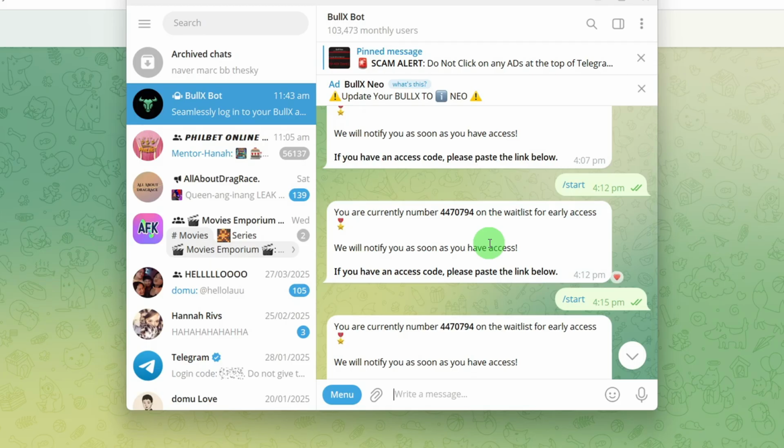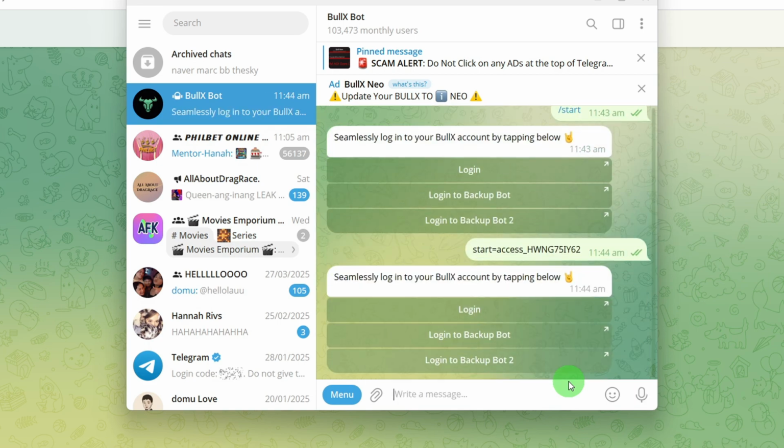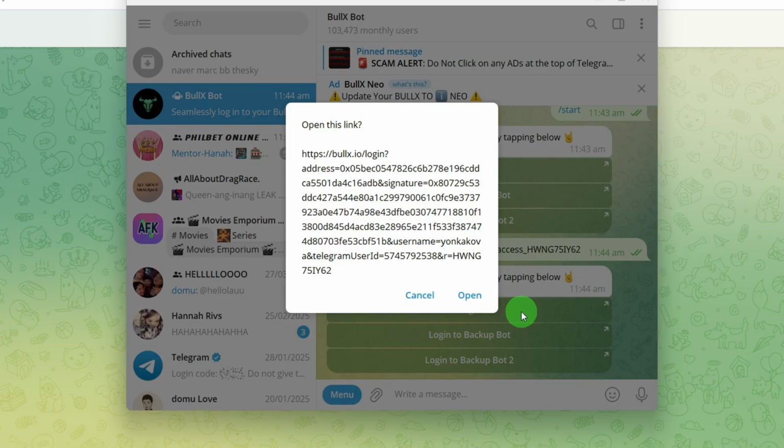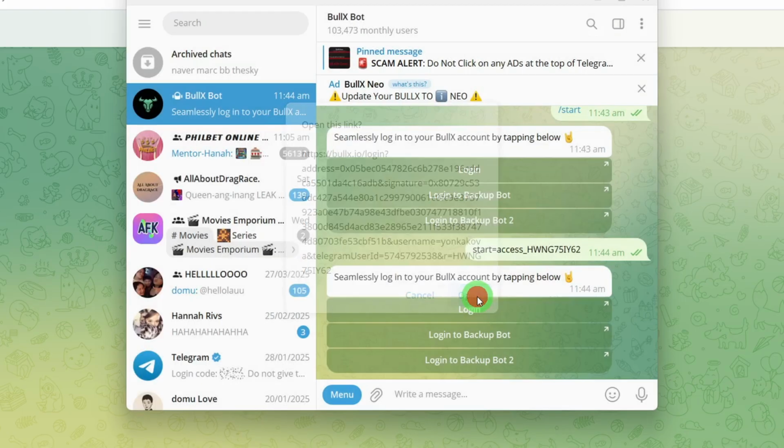Next, what you're going to do is use an access code. So for example, I have this access code right here. We can now enter. So what we're going to do next is to click this login button right here. So after that, we have to click open,